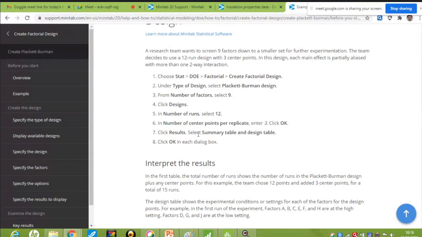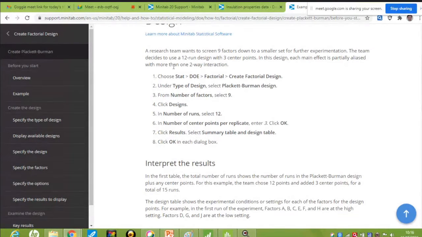A research team wants to screen 9 factors down to a smaller set for further experimentation. The team decides to use a 12-run design with 3 center points. In this design, each main effect is partially aliased with more than one two-way interaction.